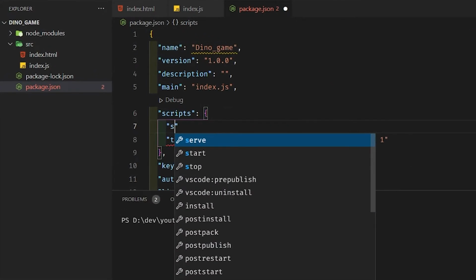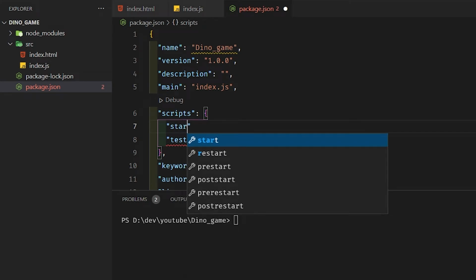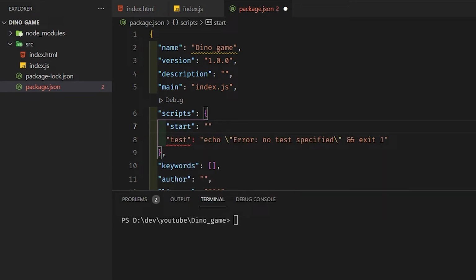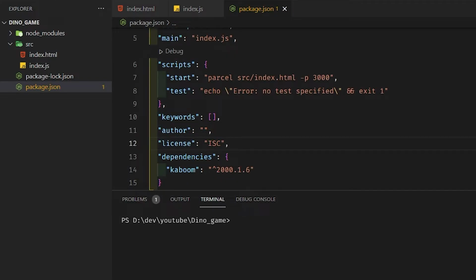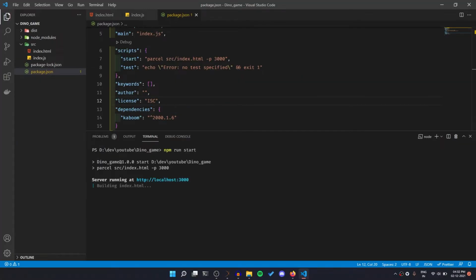And inside package.json we will write the start script. So in start we'll just write parcel with a port, or you can give any port. After that you can just write npm run start, and there you go. If you see something like this, it means it is working, and then you can start